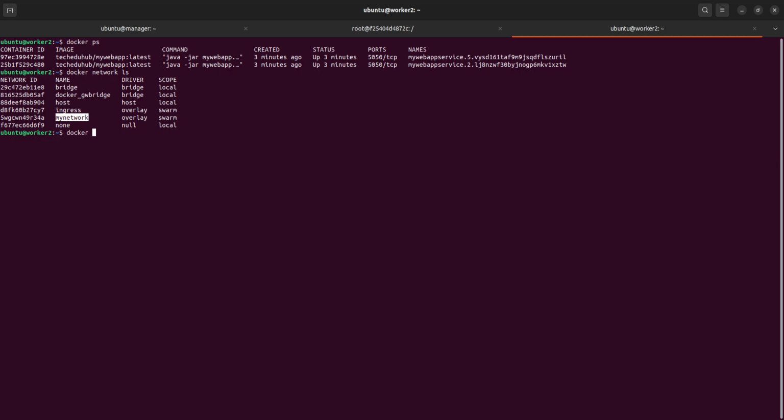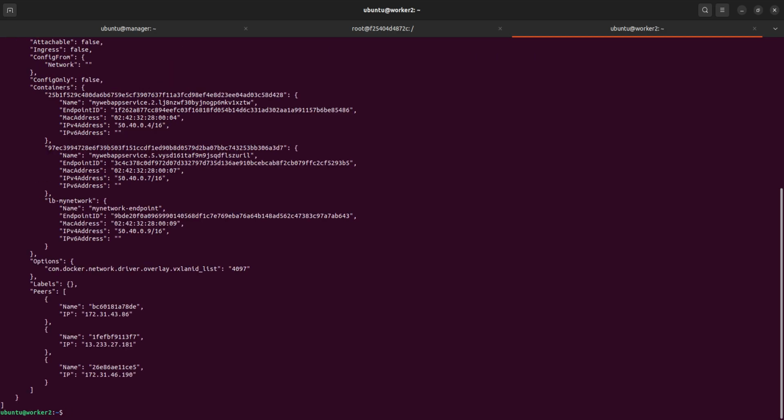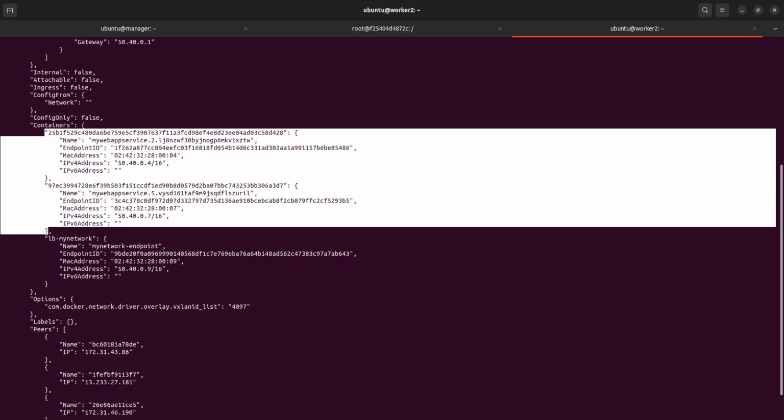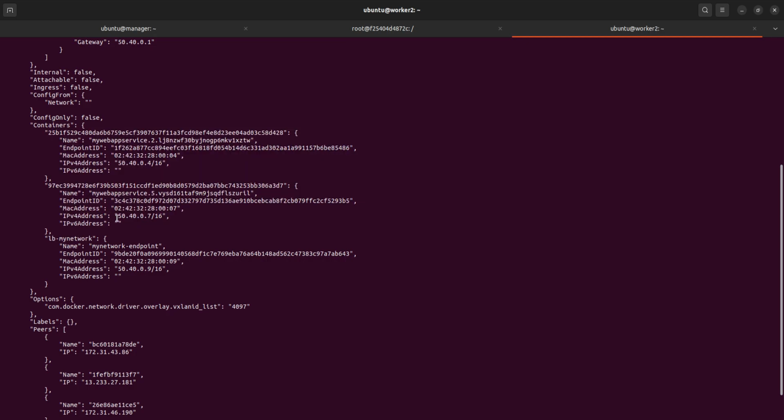So docker network inspect my network. It's inspecting. Okay, so total how many containers are there? You see here how many are there? 2 containers are there, but why is it telling 3 containers? One is the load balancer container. We will see this after pinging successfully. What is a load balancer? This is one container, leave it. These 2 containers are created, and the IP address, suppose I want to ping to this one,